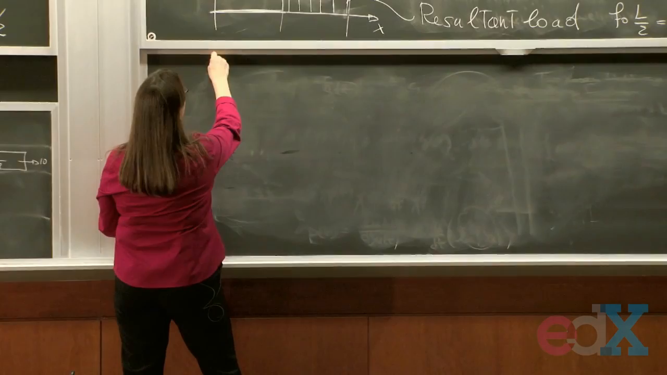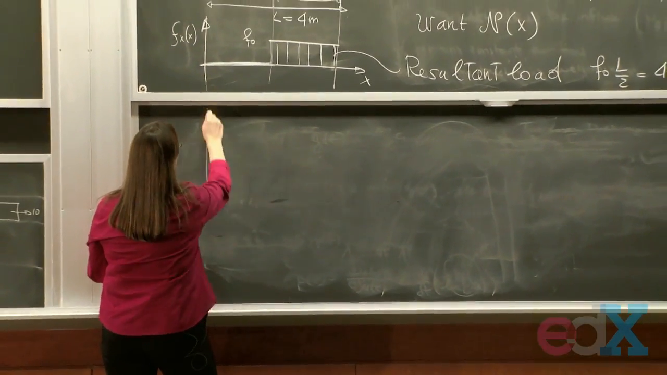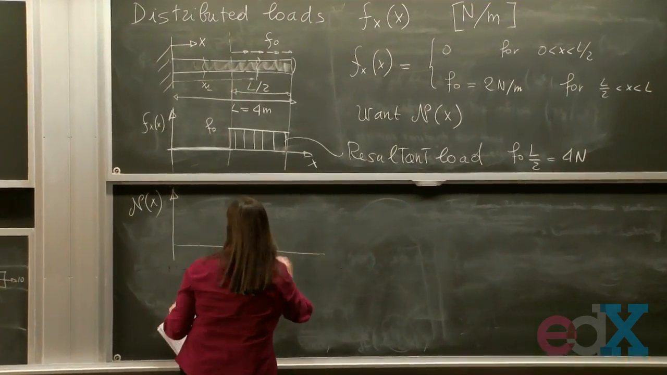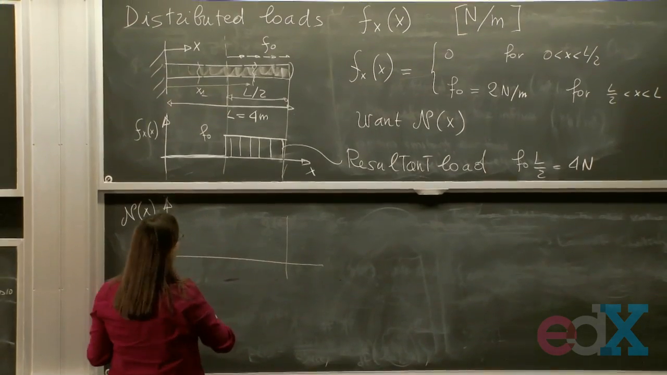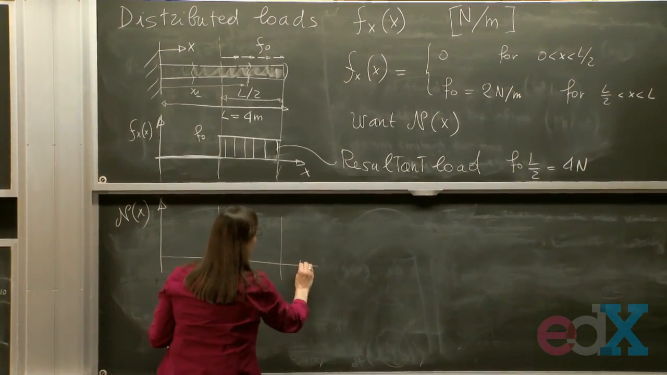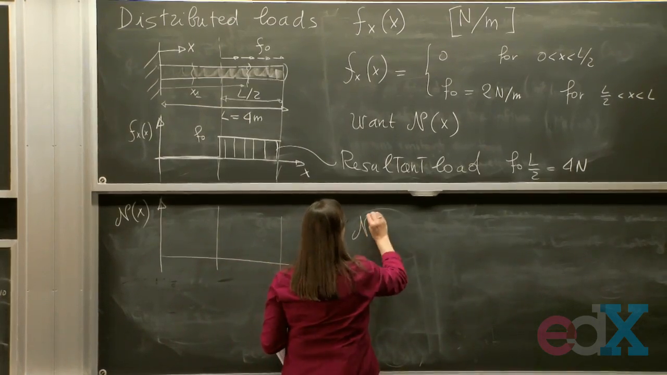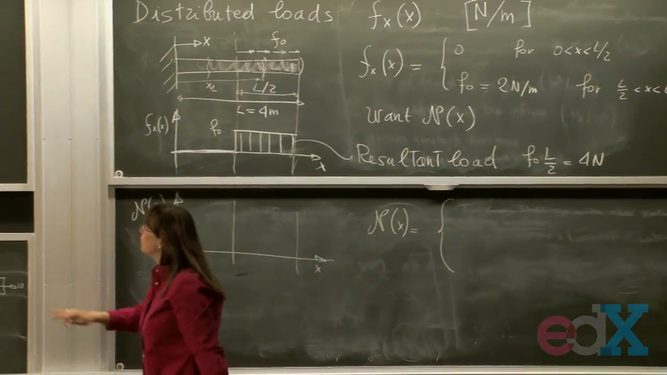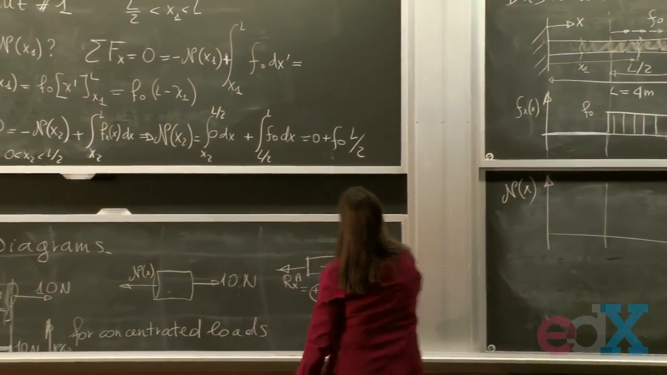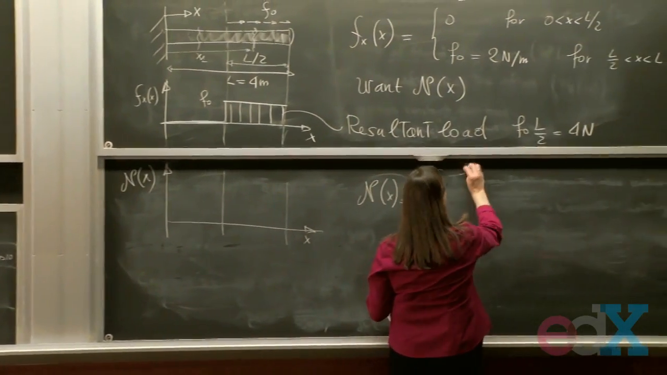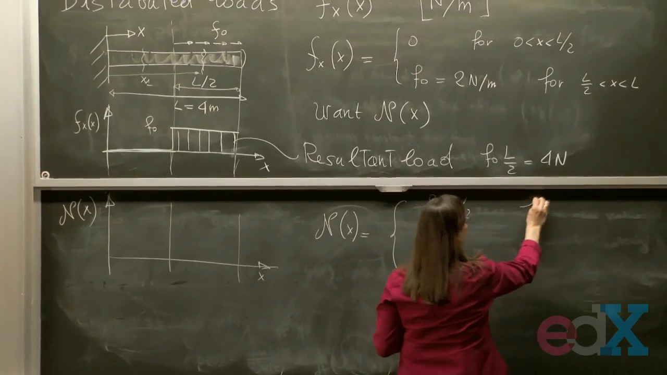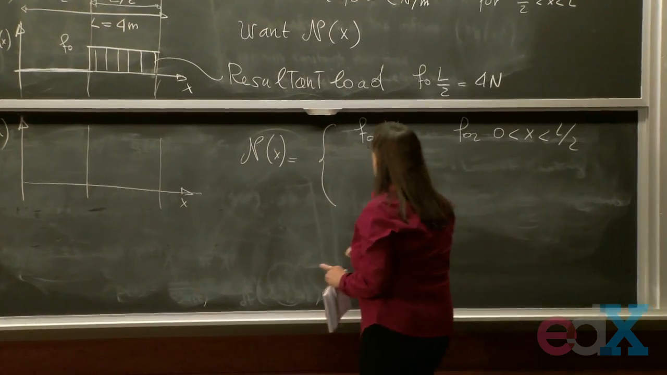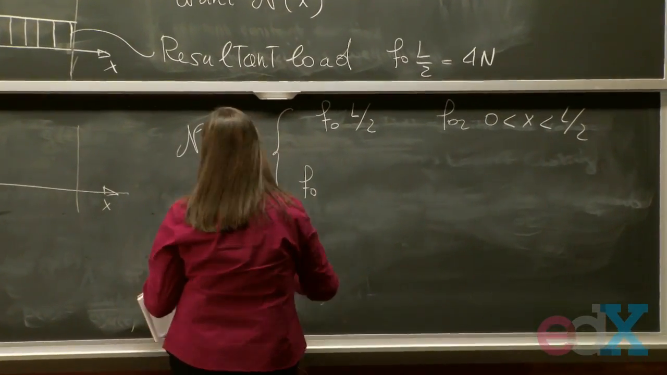Right? Let's do our diagram. Just underneath there, just continue the line. And here you put n of x. N of x is going to have, I carry down. So our n of x is going to be equal to this thing if x is less than L over 2. So f0 L over 2 for 0 less than x less than L over 2, and is going to be equal to f0